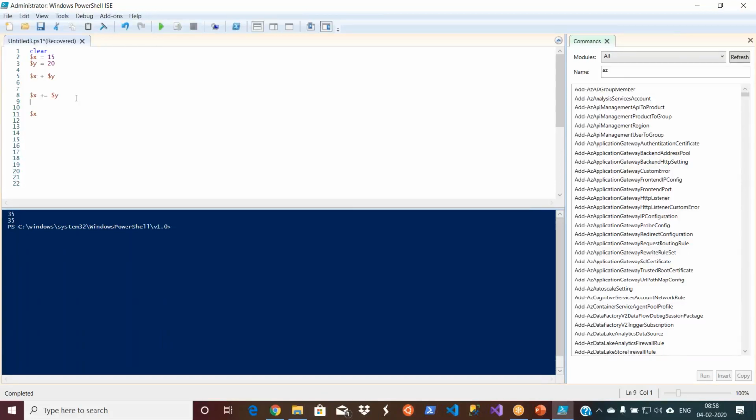Basically, it works like this: $x equal to $x plus $y.